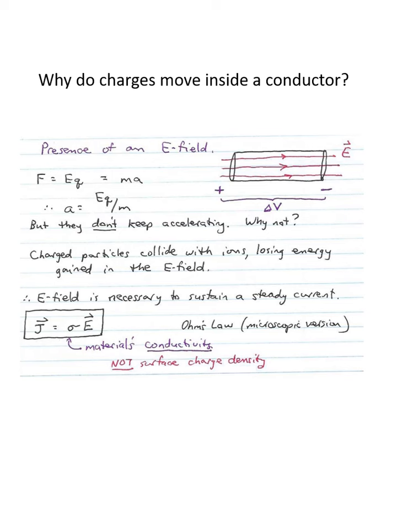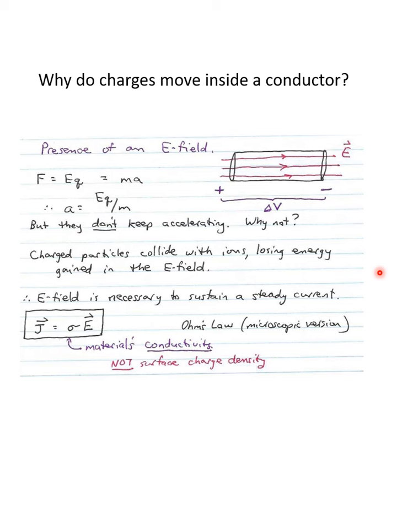Why not? Well, because the charged particles collide with ions, losing energy that they gained in the electric field. So the electric field is necessary to sustain a steady current, meaning you turn on the switch and the current starts moving from left to right. But then as soon as you turn the switch off, it will stop moving because it loses so much energy